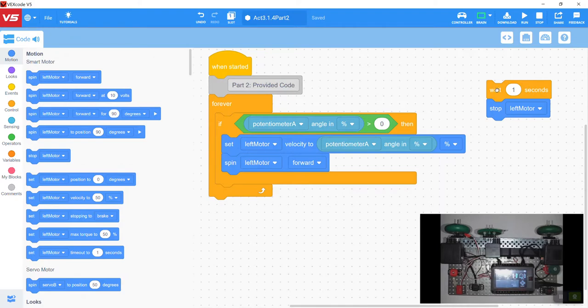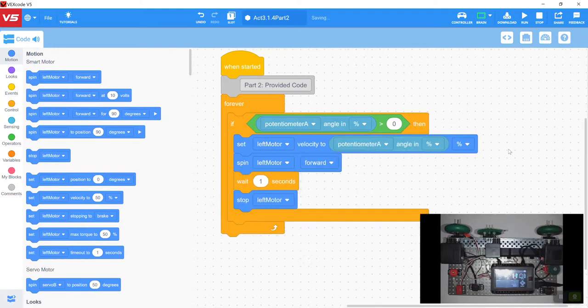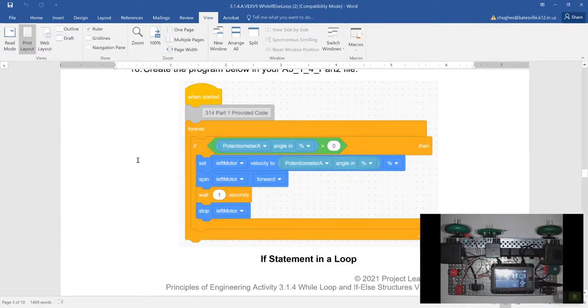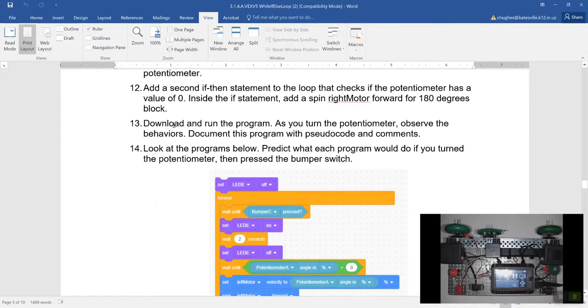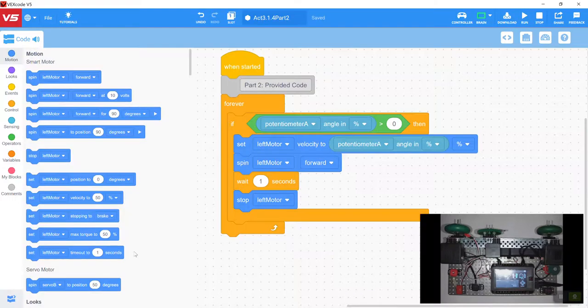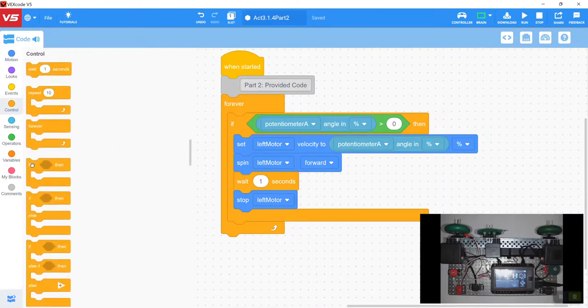All right, I'm going to go ahead and put these statements back in, since the rest of our activity is going to call for us to do that. So they want us to observe the behaviors, and add a second if-then statement to the loop and check to see if the potentiometer has a value of 0. Inside of it, they want us to put a spin the right motor forward for 180 degrees block. So what this means is I'm going to go to control, and I'm going to grab another if-then block,